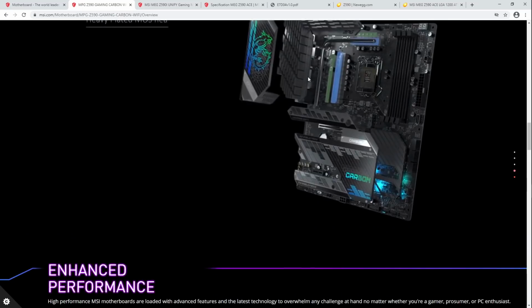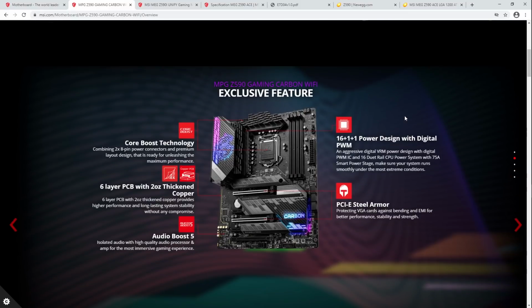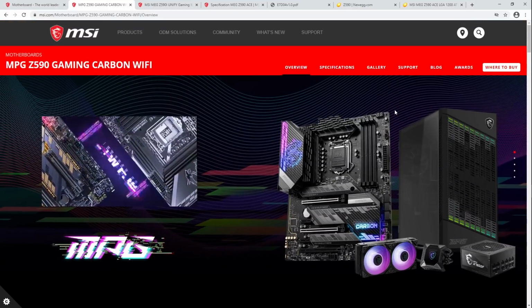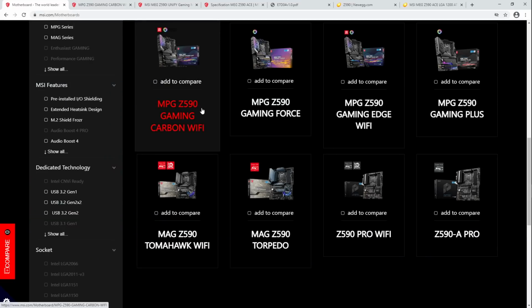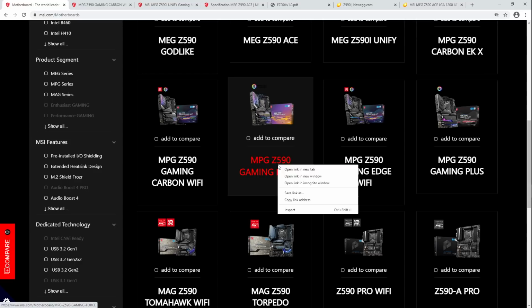Finally, yes. And then of course you get a really solid VRM on it as well. I'm not really seeing anything where it's like, oh, it's missing that. So yeah, if you're into overclocking, this might be the board to get. And I'm saying might be because I haven't done the comparisons. We're just doing MSI here, but when I get around to the comparisons, I would not be surprised if